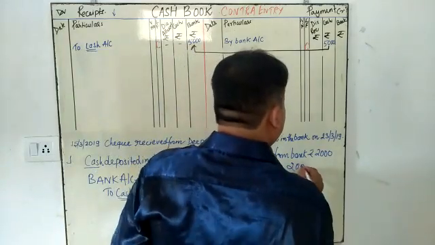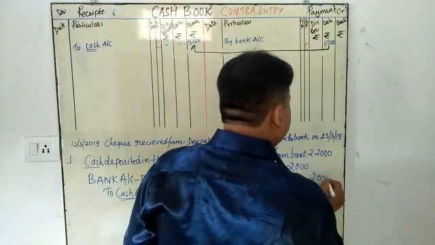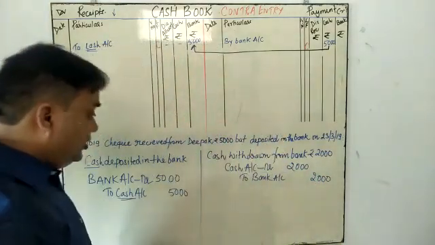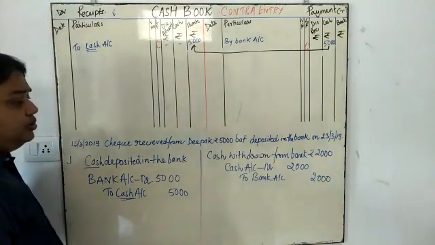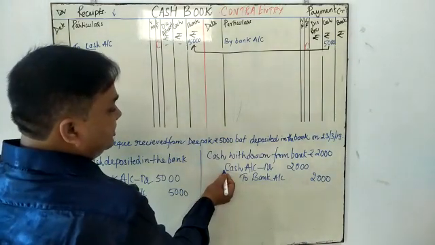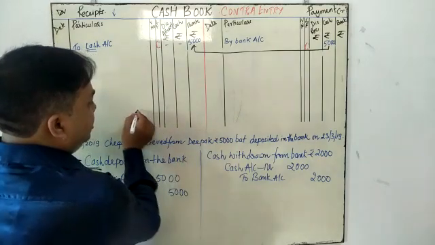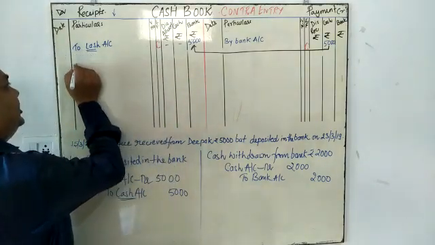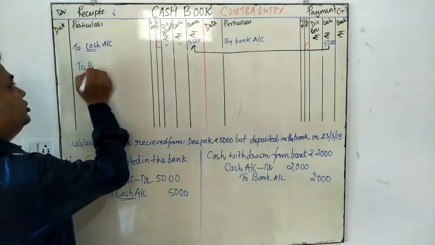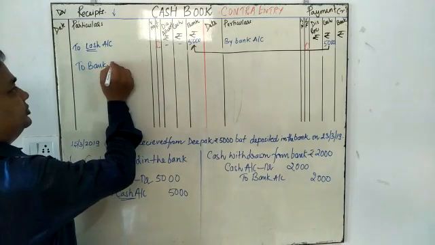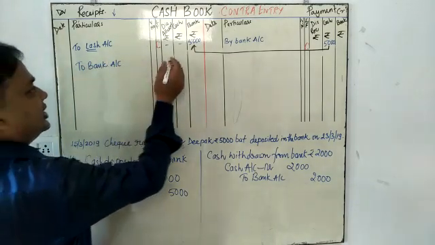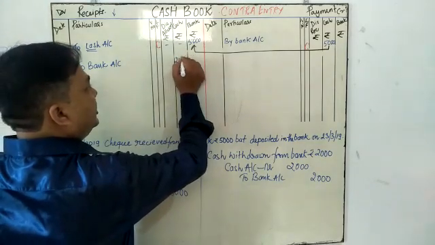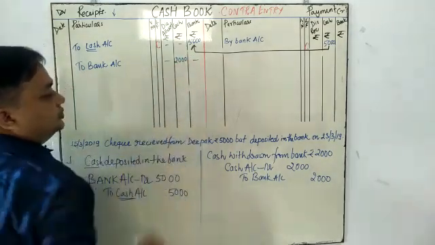Okay. So you put this into the cash book. How to put it? You observe that cash is here on the debit side. So you move to the debit side here. Write down the reason, to bank. It is the reason by which your cash is going to increase, 2,000 in the cash column.